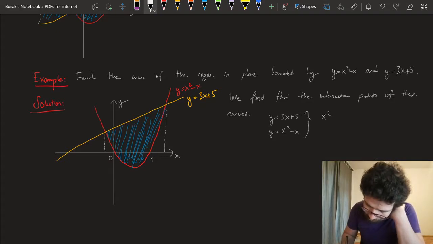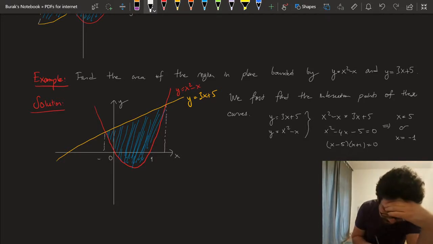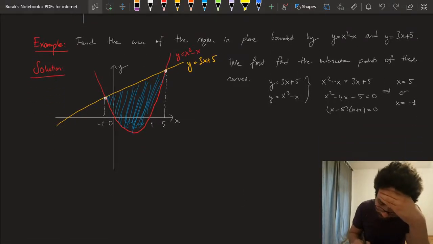From this, you're going to get that x squared minus x is 3x plus 5. So x squared minus 4x minus 5 equals 0. So you're going to get x minus 5, x plus 1 equals 0. So you're going to get x equals 5 or x equals minus 1. Okay, so this point has x coordinate minus 1 and this point has x coordinate 5. Thus the area of this region is,